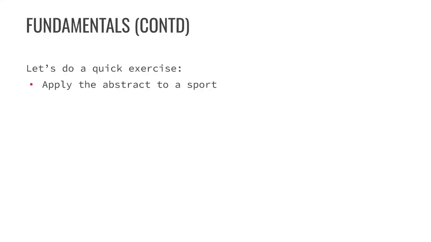a few hundred years ago, a bunch of very rich and bored British nobility were like, how do we make cricket an interesting sport? Somebody 300, 400 years ago said, well, what if we took the rules of catching, hitting, running, and throwing and made something interesting out of it?